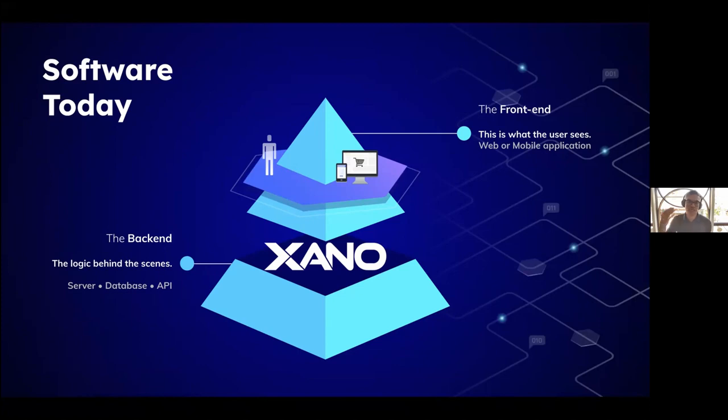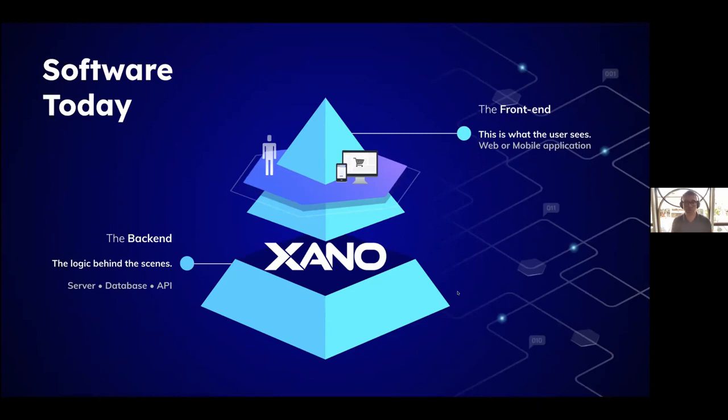The front end is what the user sees and interacts with, and the back end is all the business logic and stuff behind the scenes. It typically consists of a server, a database, and an API, which we'll talk about in a minute. The best and easiest example to understand the dynamic between these two is the Amazon one-click buy. On the front end, on Amazon's website, you might see that buy this now button, but the back end has to do things like check inventory, make sure that payment method is okay, check the distribution centers. There's so many things that the backend handles and that's really what Xano enables and does